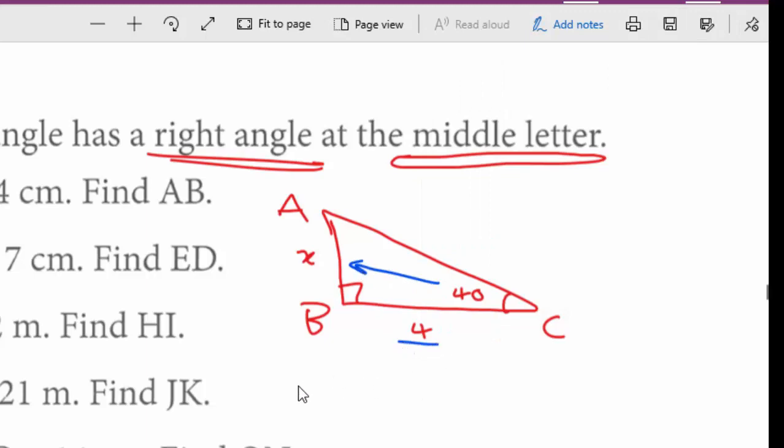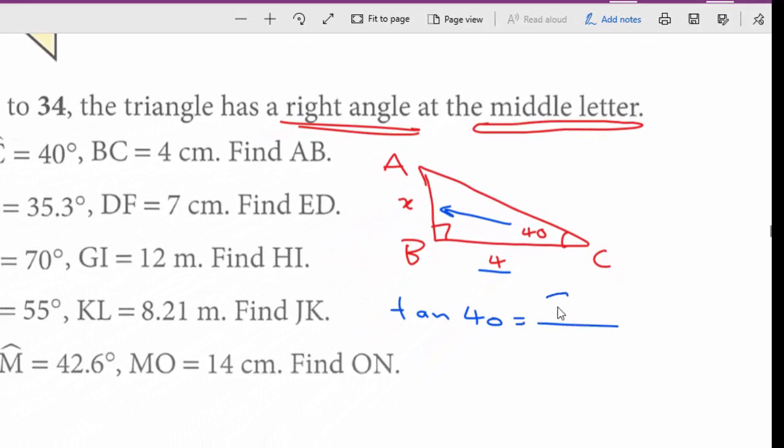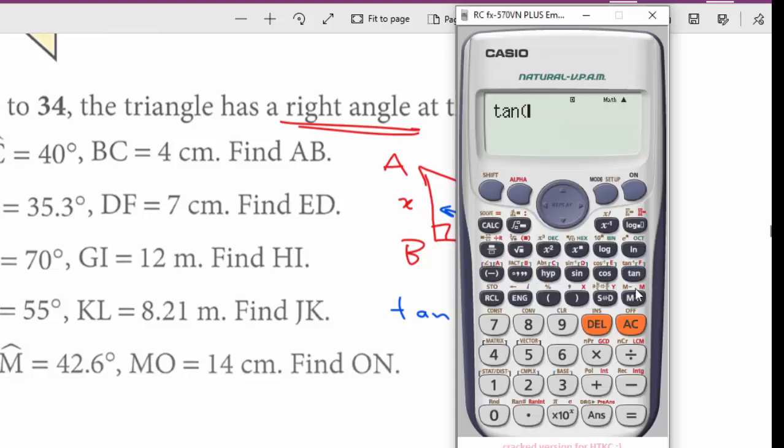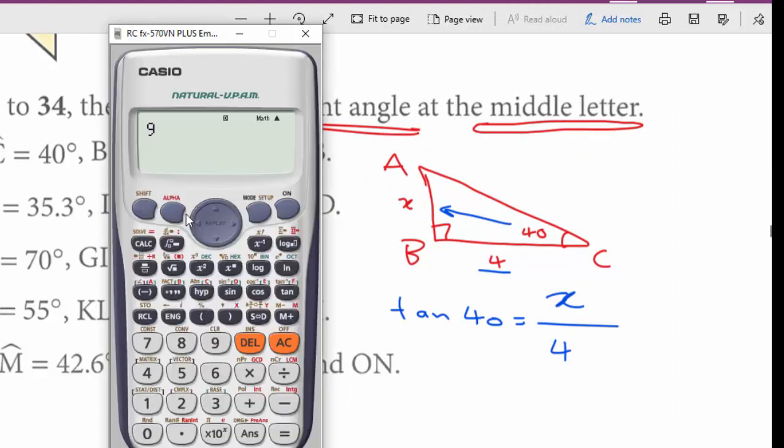and the adjacent. Tan of 40 is equal to opposite over adjacent. Tan of 40 is equal to 0.839. Then, as you know, we have to get rid of this 4. Then this result should be multiplied by 4. The answer, which is tan of 40 times 4, is